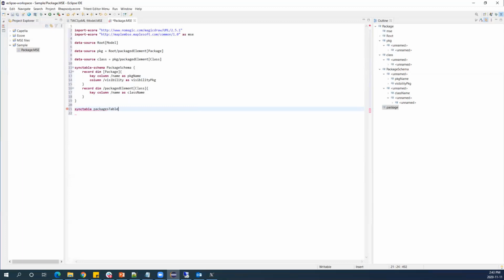So this will be the packages table, and this packages table is relating the package schema with the data source package. This is what I have now linked. I have linked the data source with the sync table schema. Now I want to control how this will be displayed in Excel. So I'm going to call this package table.